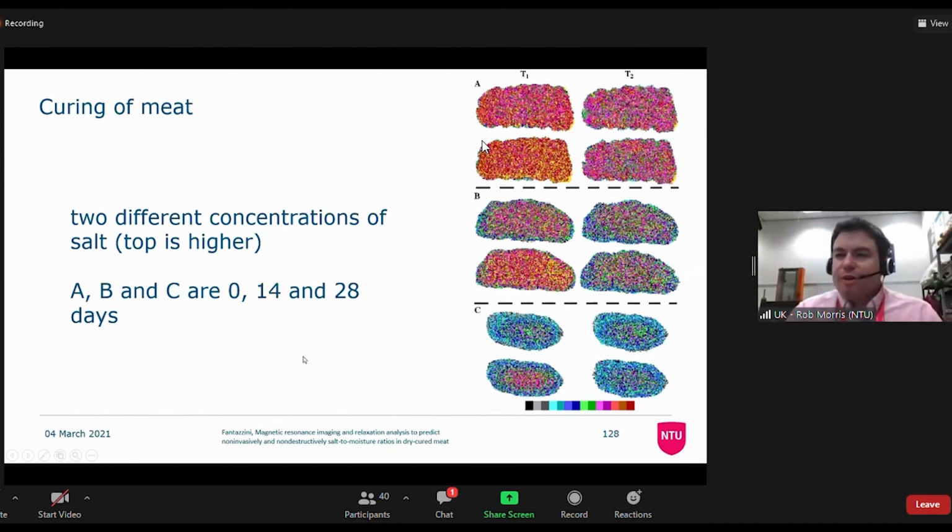As I say, its real power is in following the same sample as it goes. So this one is for curing meat. It's soaked in a brine solution. The top of the images is more concentrated than the bottom, and you've got T1 on the left and T2 on the right. And as it cures, as the brine is absorbed and the meat shrinks down, then you get this change in T1 and T2, both of which become shorter, which both make sense, as we learned in the